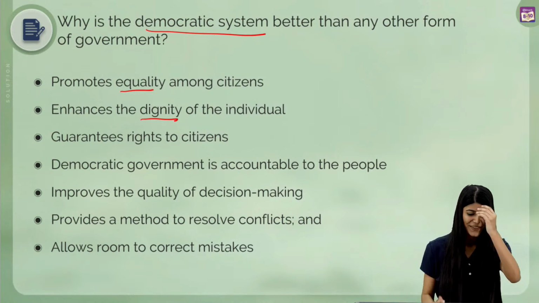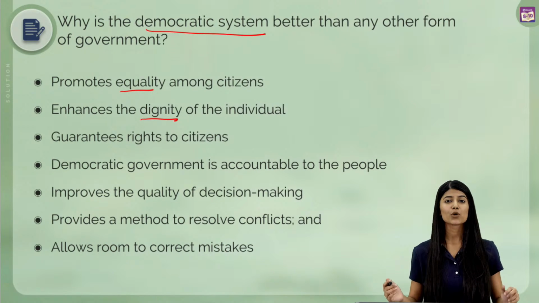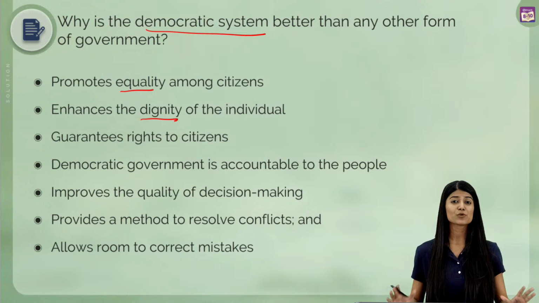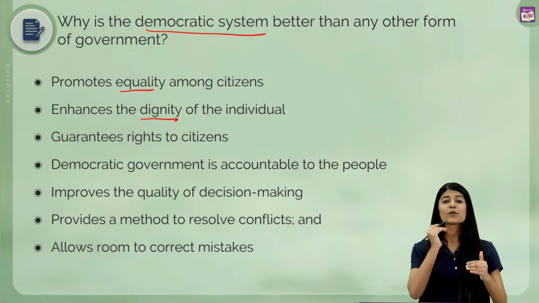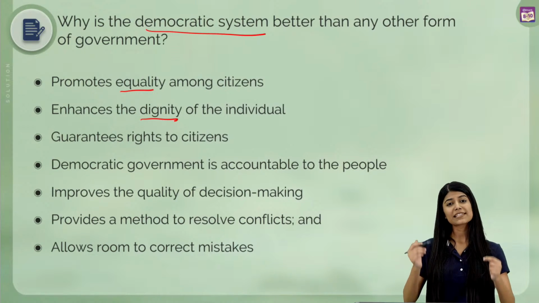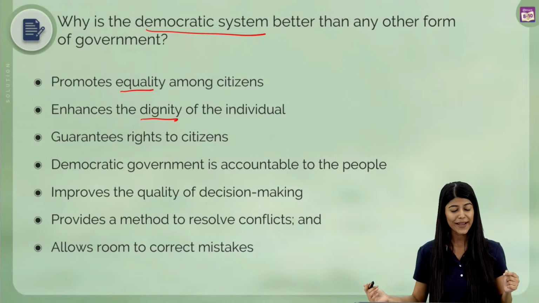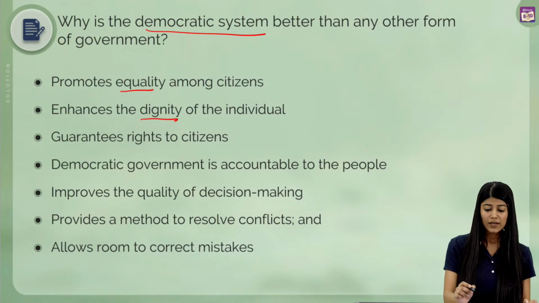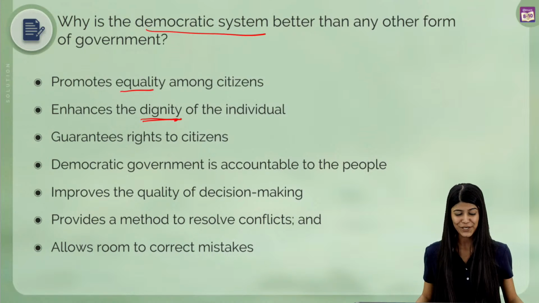Awesome, amazing. With this, there's one more example: the government of Tamil Nadu. They provided free laptops to students of 12th class. With this, students can focus on education and on upskilling themselves, right? What would happen is they will be less dependent and more autonomous. That is how the democratic system enhances the dignity of the individual.